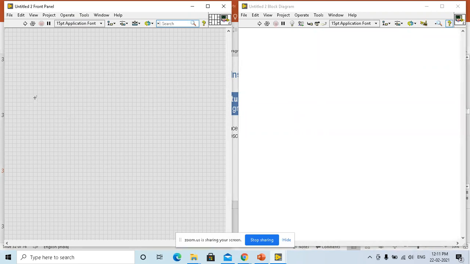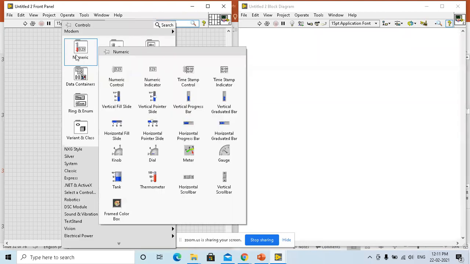Let's say I want to acquire temperature, and give the temperature value as input for my power supply, setting the voltage as 5 volts. I need to give some sort of input, so that input should be given in the front panel, because the front panel is the user interface. I right click and get options related to that. The front panel is purely for input and output, and in LabVIEW we call input and output controls and indicators. Everything is in instrumentation terms: when you can control something, it's called a control. When it indicates something, it's called an indicator.